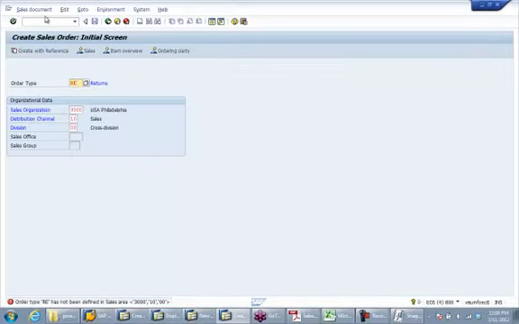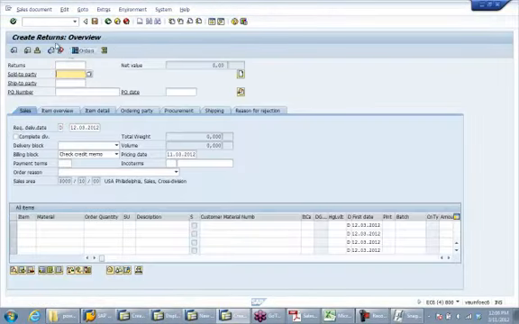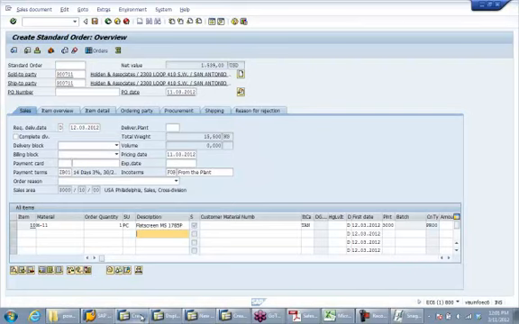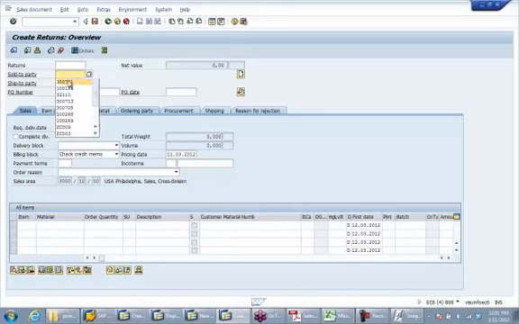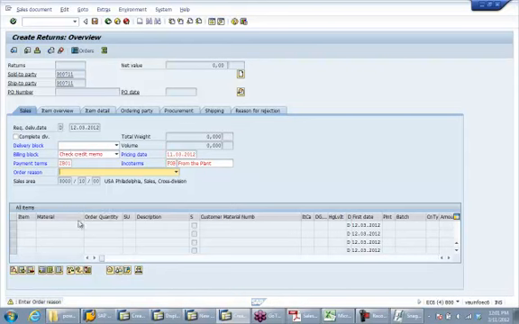Okay, the same customer is also returning something back to me. So for a return, I need to create a different order type, right? I cannot use the regular sales order type OR, but I have to use a different order type. Okay, so the same customer,